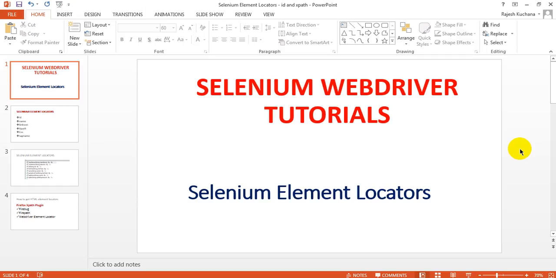Today we are going to discuss Selenium element locators. Selenium is a package everyone knows. It has Selenium IDE, Selenium WebDriver, Selenium RC, and also Selenium Grid. These all come under one package. Whether it is Selenium IDE, Selenium RC remote control, Selenium WebDriver, that is Selenium 2.0, or Selenium Grid,